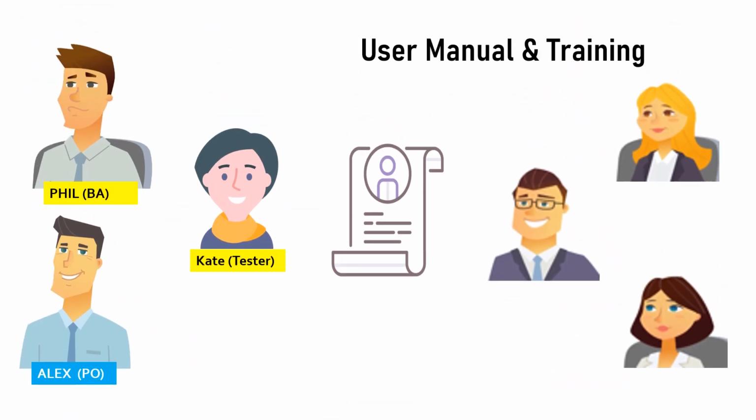While the UAT is going on, another activity which is done in parallel is drafting of user manual and staff training. Phil and Alex worked on creating a user manual with details of the developed functionalities and step-by-step instructions for usage with clear screenshots. This would be the go-to guide for the staff to start using the application and also to refer for any issues in the future. Also, Kate and Phil provided live training sessions to make them familiar with the user interfaces and functionalities.